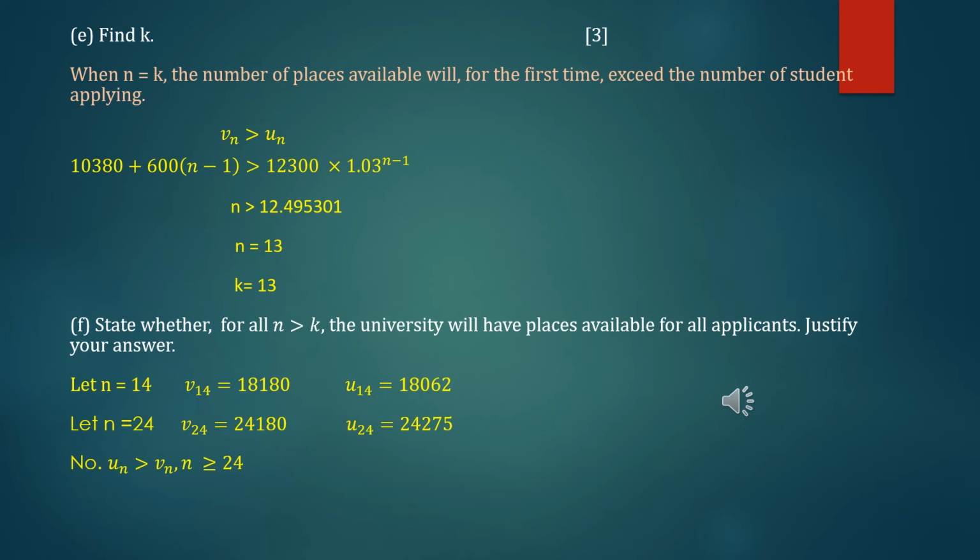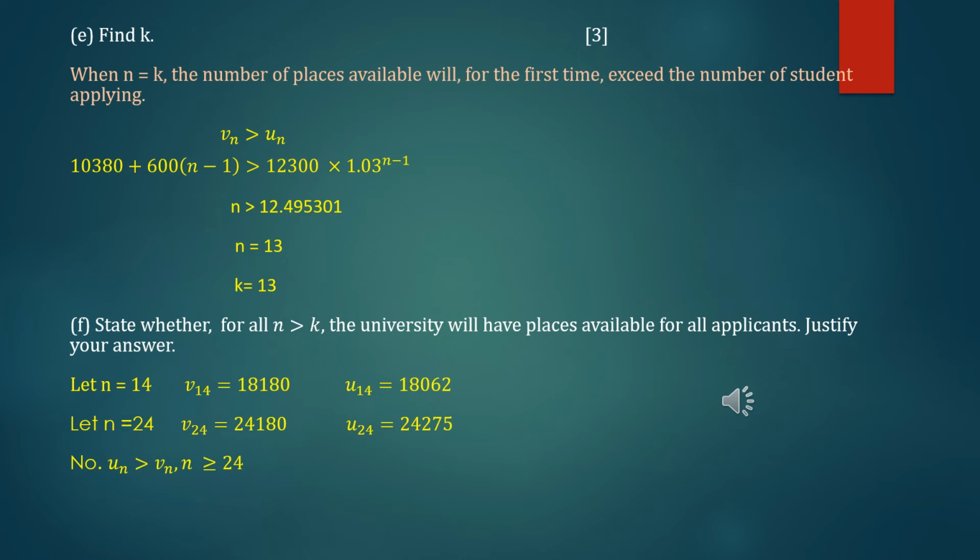For problem letter E, we find K. Here is where we're going to use the information in that problem. When n equals k, the number of places available will, for the first time, exceed the number of students applying. So there are more places than there are students applying. And our number of places is termed as V sub n, and the number of students applying is U sub n. So we substitute the general formula for this, and we have